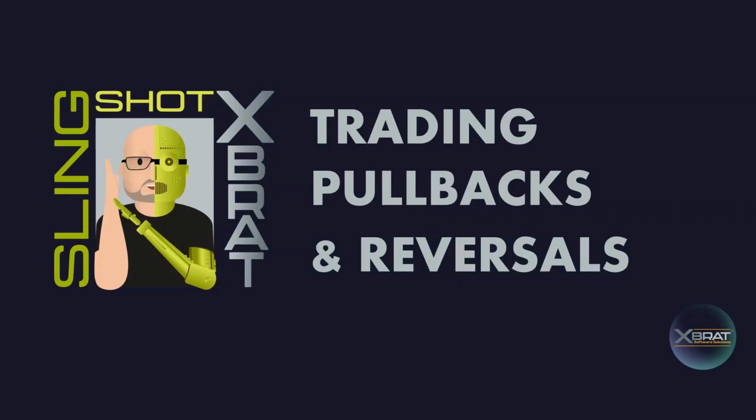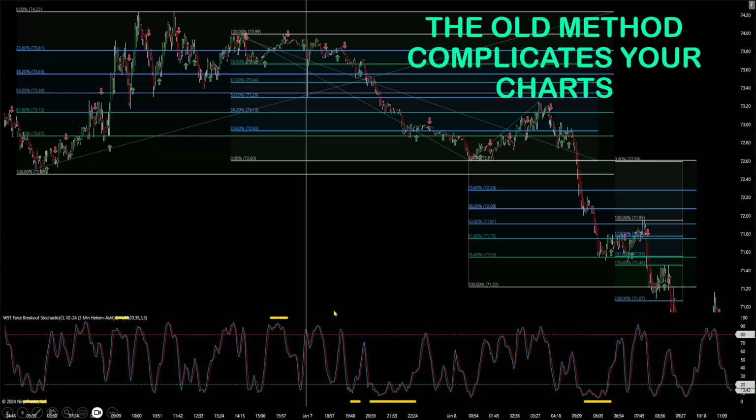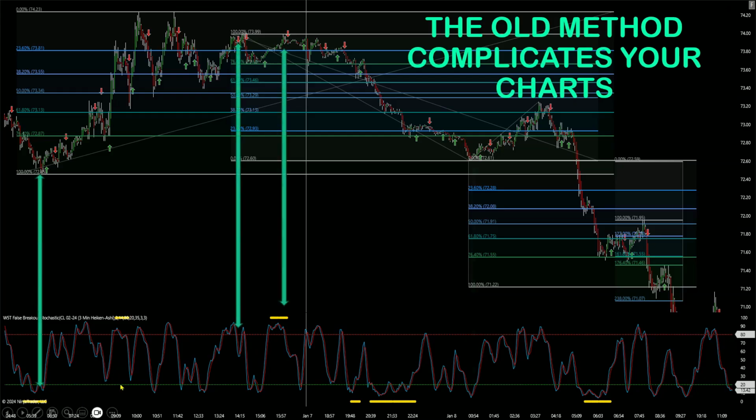The expert slingshot for the TradingView and NinjaTrader platforms, trading pullbacks and reversals. This old method for measuring pullbacks with fib extensions, fib retracements, and those overlaps, and only happening when we have the stochastic crossover in the oversold or the overbought zone, and we're putting all that. It's just very complicated, and traders have done this for a long time, and it's just very messy